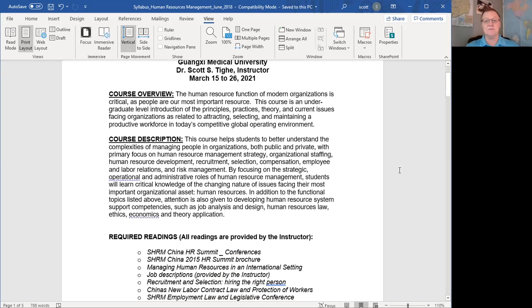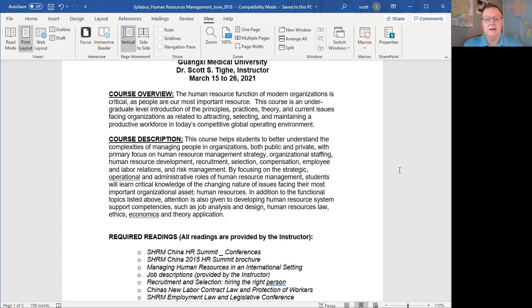So here's my course description for you. This course helps students to better understand the complexities of managing people and organizations, both public and private, with primary focus on human resources management strategy, organizational staffing, human resource development, recruitment, selection, compensation, employee and labor relations, and risk management. By focusing on the strategic, operational, and administrative roles of human resources management, students, meaning you, will learn critical knowledge